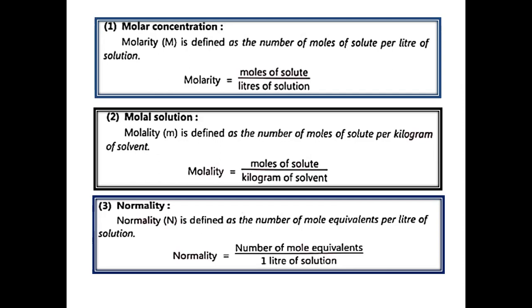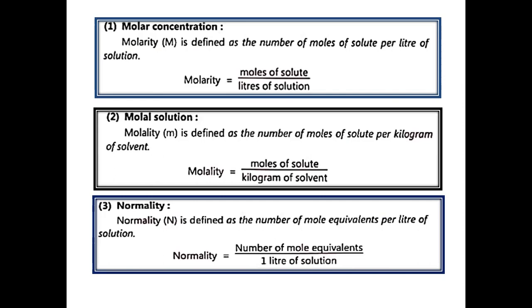So to get the molar solution, we should know the molecular weight of that particular substance. In a shorter way, we can define the molar concentration. For example, molecular weight of that substance dissolved in 1 liter of solvent corresponds to 1 molar solution. Then the molal solution is a different concept. In case of molar solution, we consider the solvent in cm cube or liter, but in case of molal solution, the solvent is considered in kg, kilogram.